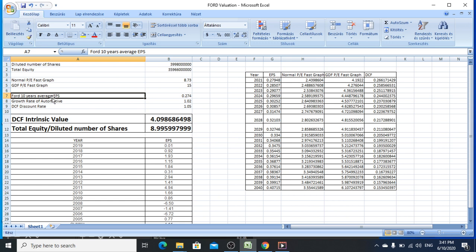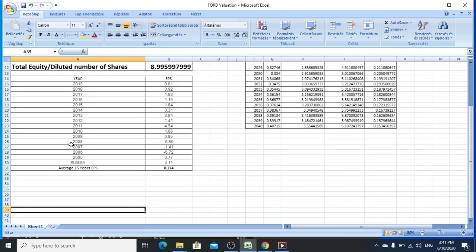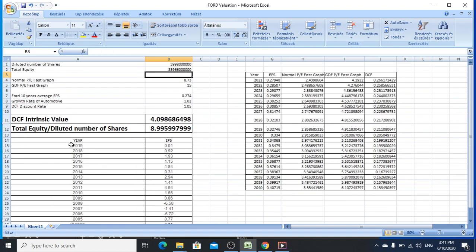And also I calculated the 10 years average EPS in this below chart. This is the 10 years average EPS, which is 0.274. And the growth rate of automotive industry is around 2% annually. I use this number for my calculation, and my expected return from this investment is at least 5%. So based on these numbers, I could calculate every year